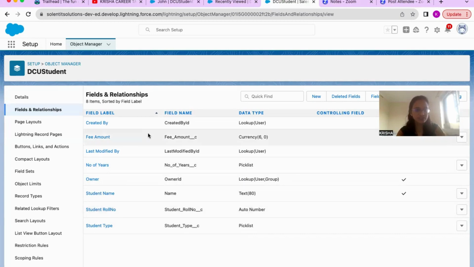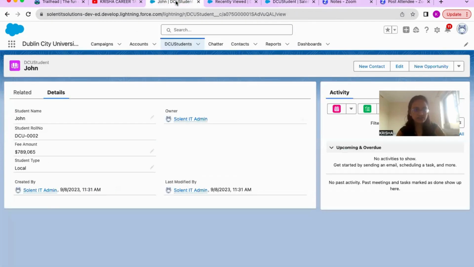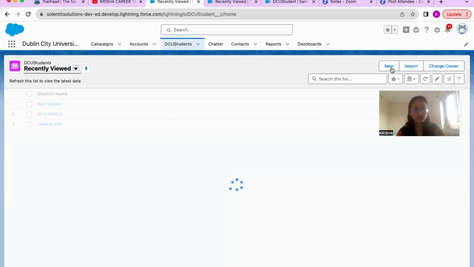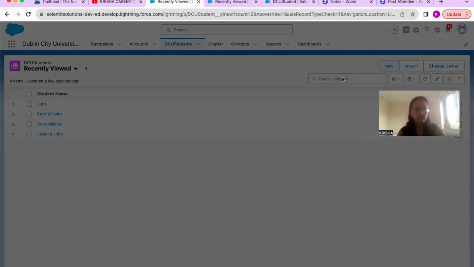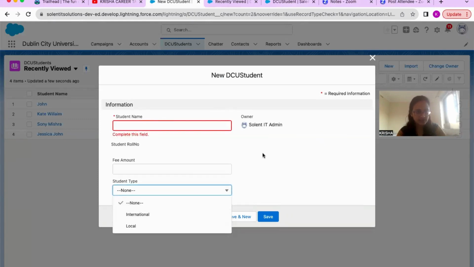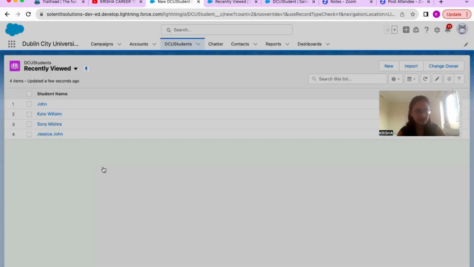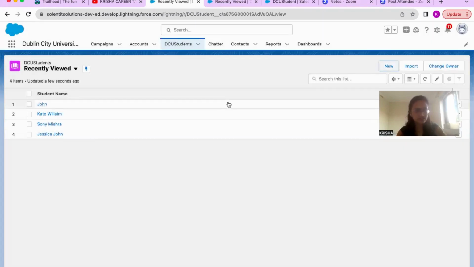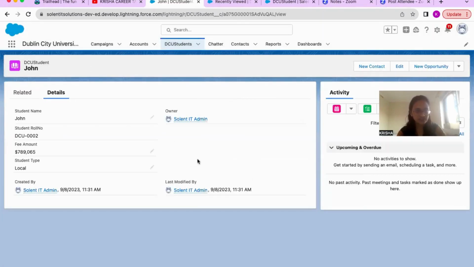When you select a record, for example, if you see here in this object, when you create a new record, if we are selecting the student type as international, so we should freeze